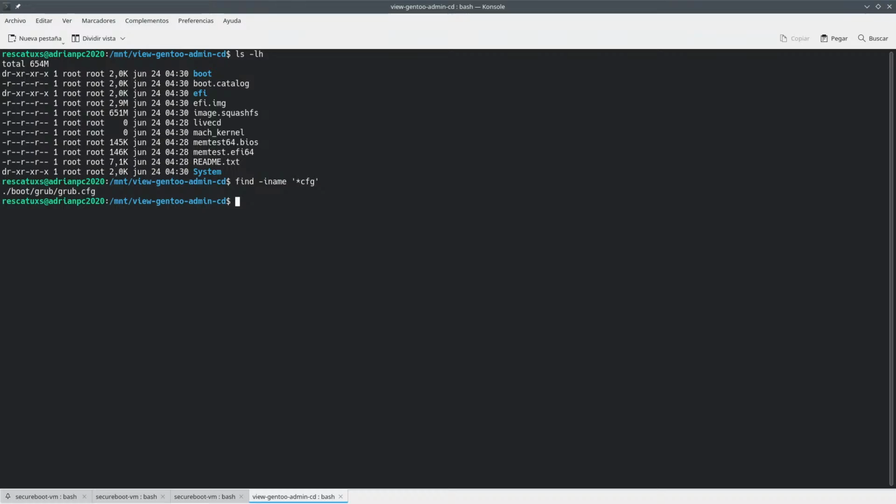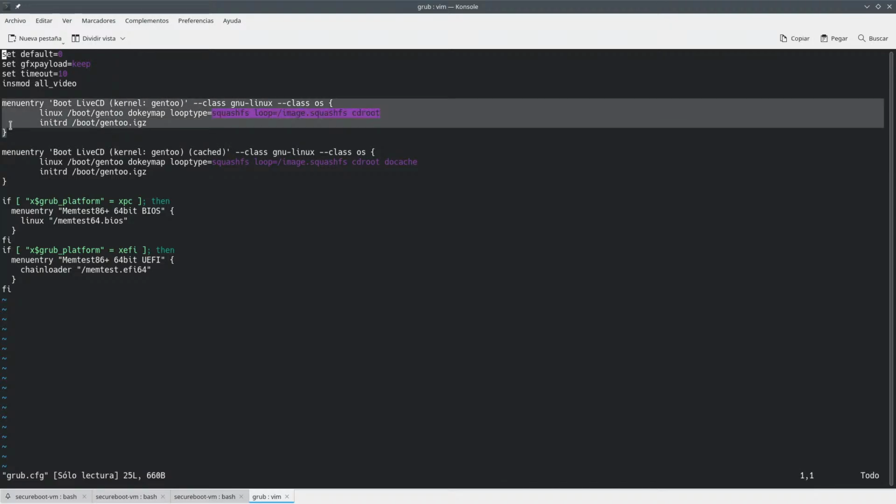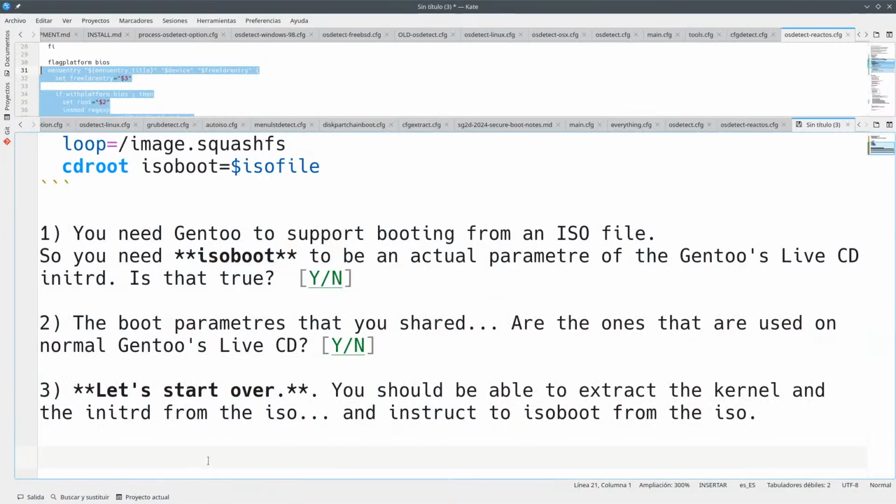Apparently this is designed to be bootable from GRUB. So you've got here this GRUB thing. This is the first thing you want to do. Let's suppose that you want to put this thing without the cache thing. So you just want to copy this thing here.